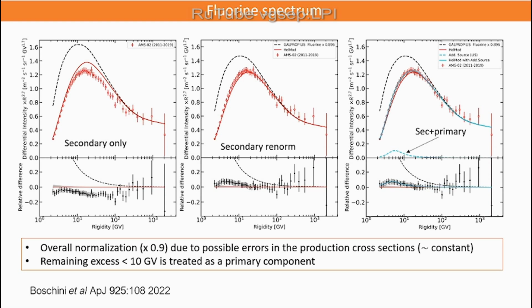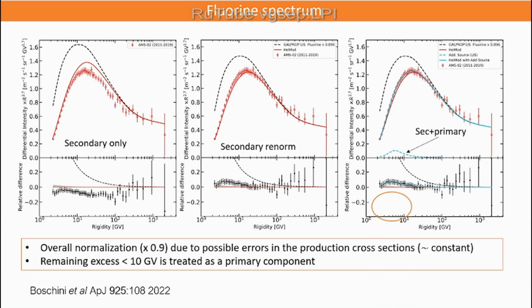And I'm going to explain: to catch AMS-02 data, we perform an overall normalization of about 0.9 due to possible errors in the production cross-section, which is basically constant in this rigidity window. So after the renormalization on AMS-02, we saw a remaining excess below 10 gigavolt, which is treated as a primary